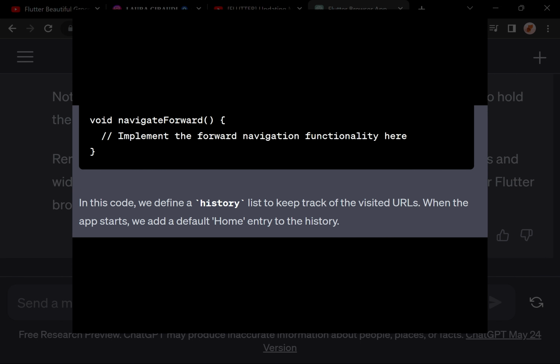} void navigateForward() { // Implement the forward navigation functionality here. } ```